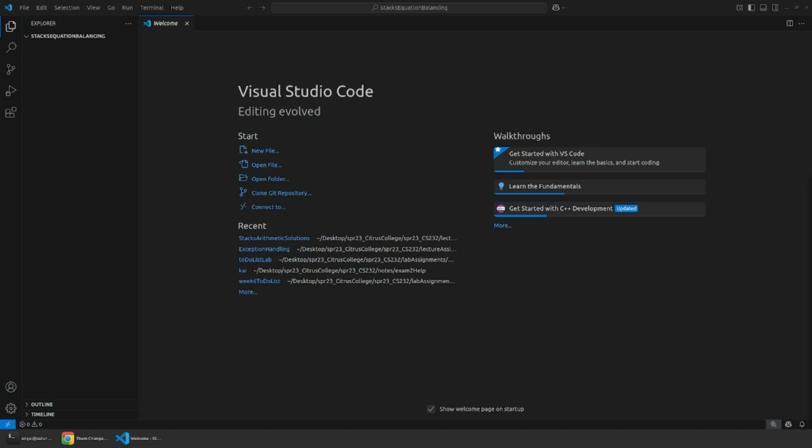So our goal for this program is going to be to take a mathematical expression as an input from the user and check if that expression is valid. The user's expression is going to contain things like integers and operators like addition, subtraction, multiplication, division, parentheses. Our task is then to check if the parentheses in the expression are properly balanced. If the expression is balanced, we'll output "your expression is balanced," and if it's not, we're going to output "your